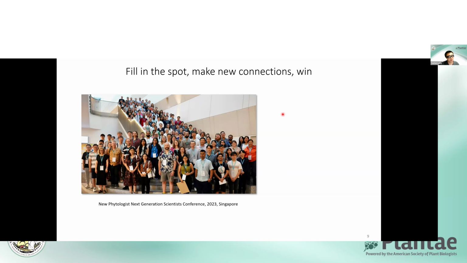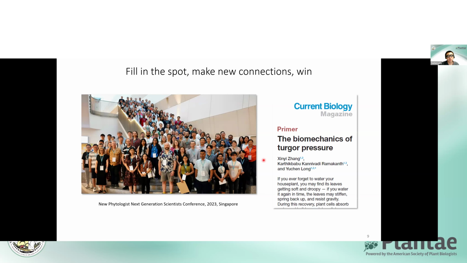And indeed, in this case we convinced editors from other journals, and very soon later we got invited to write a small textbook-style review or primer article about physical concepts in biology, which we believe is very helpful for the community, but also very helpful for our lab to establish an image of us before we even published our first research paper. So I would say, definitely take the chance to go out, meet people, and make connections, because you never know what will happen to you. And I think most of the time it's a win.